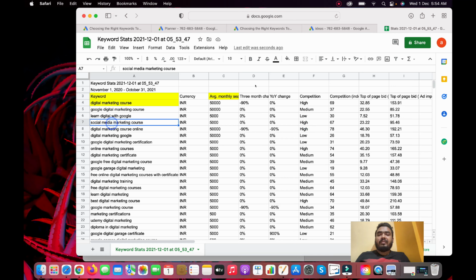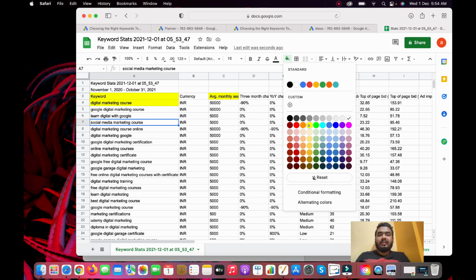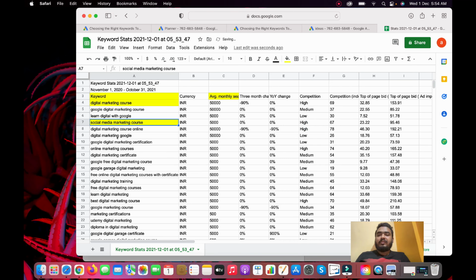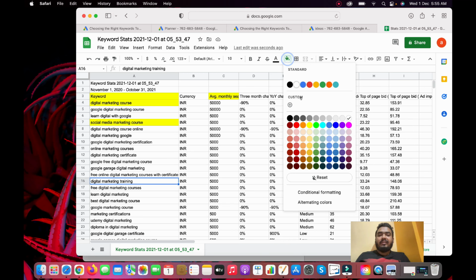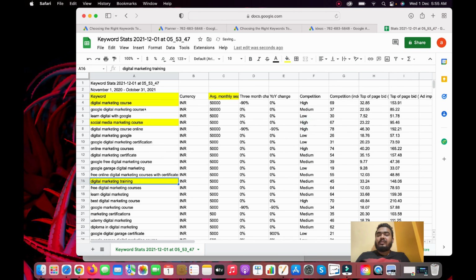And then social media marketing course, yes, I will search this. Then I will check other keywords as well that match the services that I, or my client or company, am providing. Just like that we can select the keywords and see the average monthly search volume. The higher the average monthly search volume, the better the keyword is.